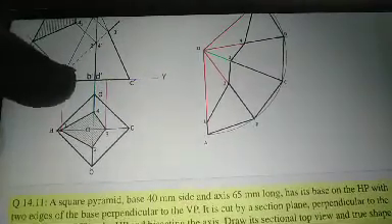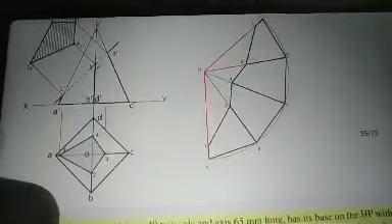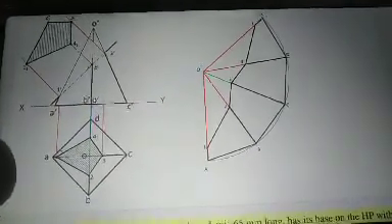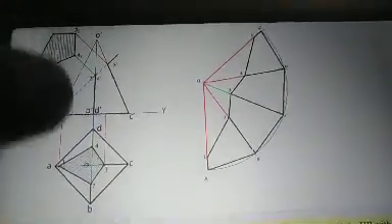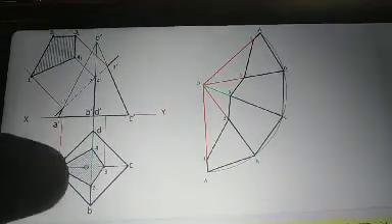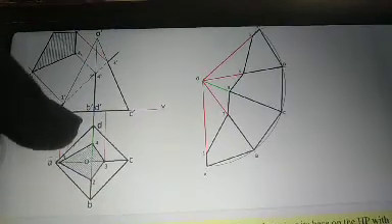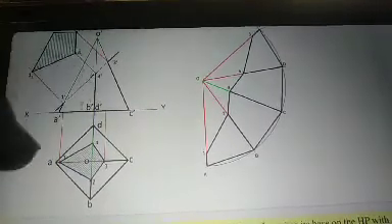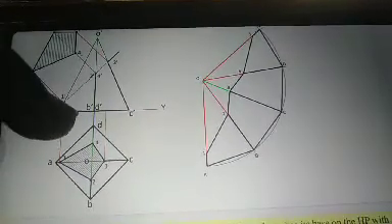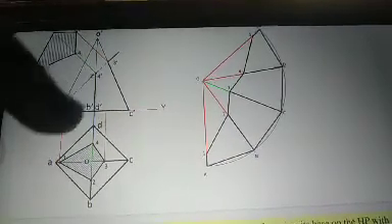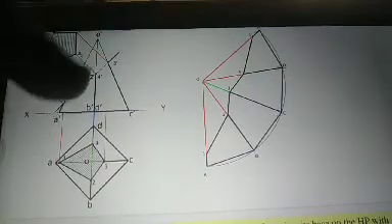Take a point anywhere on X. First of all, draw an XY line in this problem. For every problem we draw the XY line. Below that XY line the top view is located. Above that XY line the front view is located. After that, draw a line at 45 degrees anywhere. This is shown here, a line at 45 degrees to the XY line.